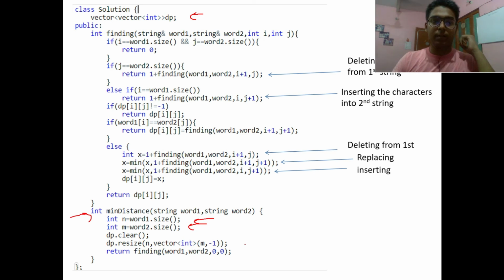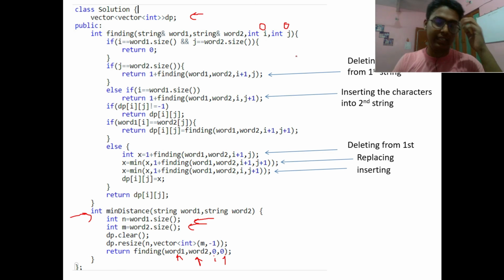Now I am passing word one and word two into my function, along with the current index of word one and the current index of word two, I and j. Initially our I is 0 and j is 0, as we haven't matched anything yet.